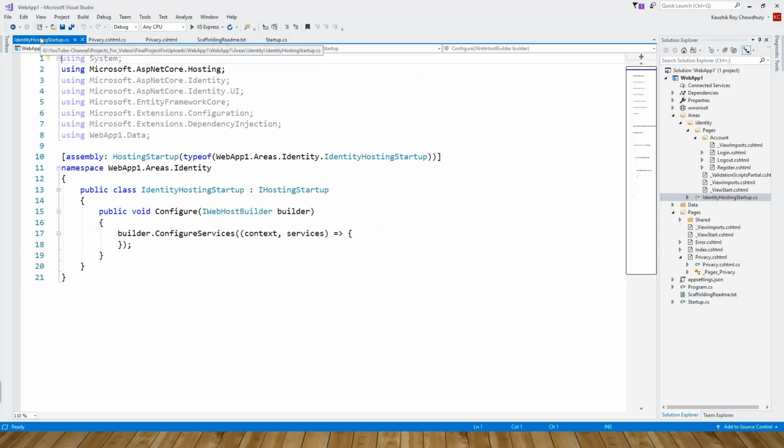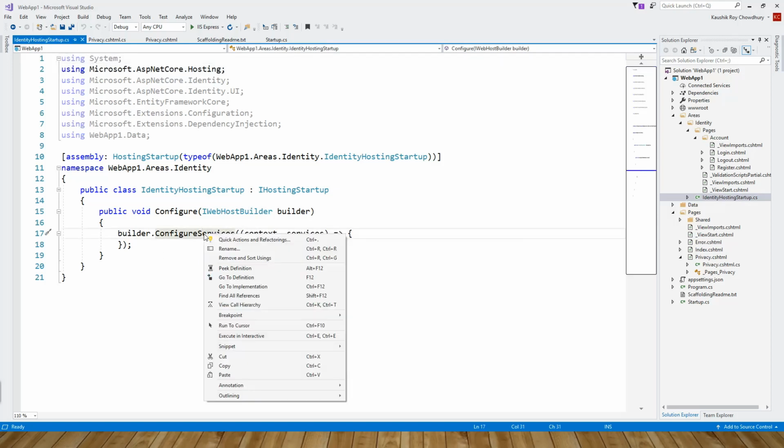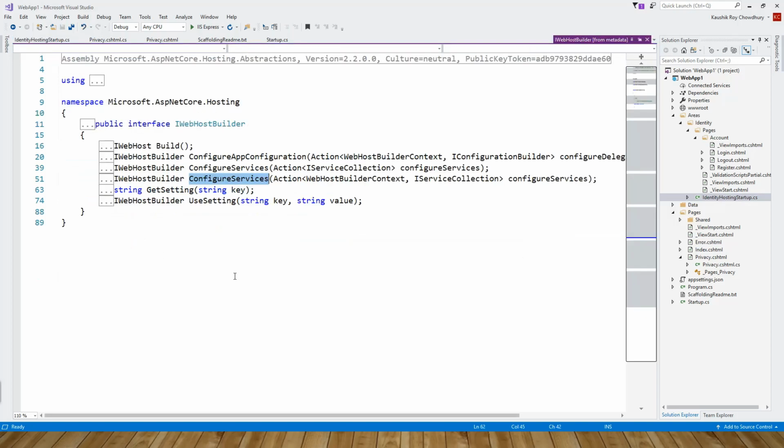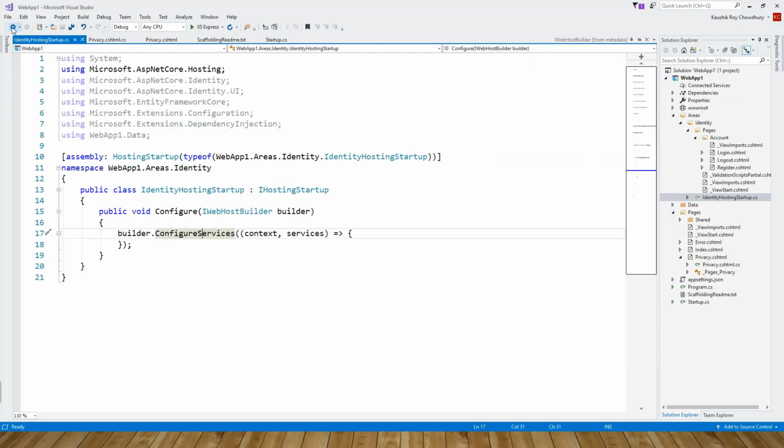So here this is under Areas/Identity/IdentityHostingStartup. This is the Configure method. It injects an object, through dependency injection, of IWebHostBuilder type, and with builder.ConfigureServices it is calling the ConfigureServices method. So let's see the definition. That is this method on the web host builder. Okay, and then we'll come back again, and first of all we'll have to examine Register as per our learning outcome. So let's see